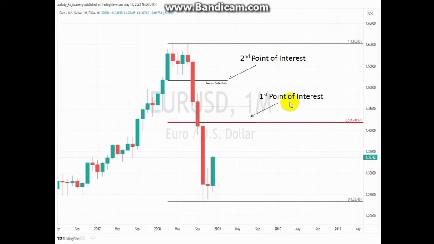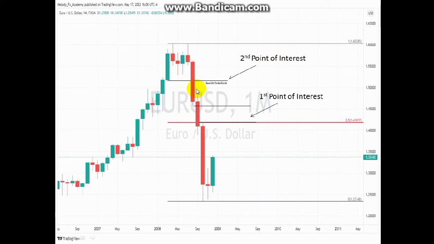Now I want us to combine different concepts of smart money right now. Okay, let's say during this time you were already familiar with the concept of fair value gap. Okay, so above the equilibrium level, what is resting above this is our premium level. Okay, this is a fair value gap, right? So this will be our first point of interest, and this will be our second point of interest. This is our bearish order block. Okay, so this is a bearish order block, and at the same time it had a fair value gap inside of it.